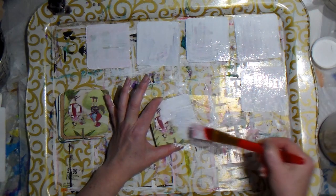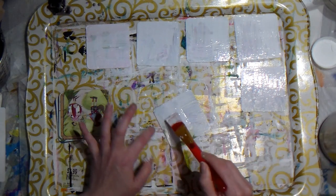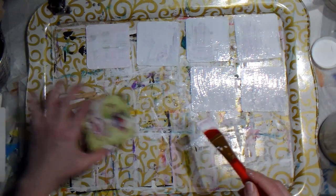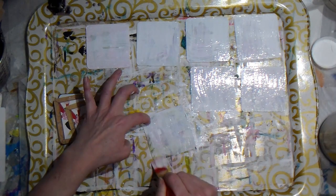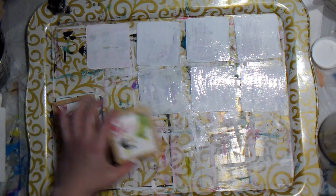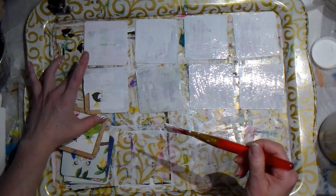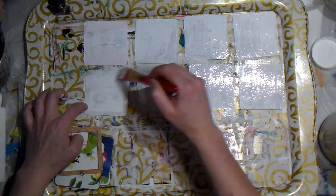I want to share this journey with you, and maybe through little journaling cards like this, you're going to find that you want to try it, because there's no big investment, and you could always stick these into a book afterwards if you wanted, or just make a hole in one of the corners and put one of those rings in it, and this way you keep them together. There are all sorts of ways that you can display them, and it's just fun, and I'm looking forward to showing you